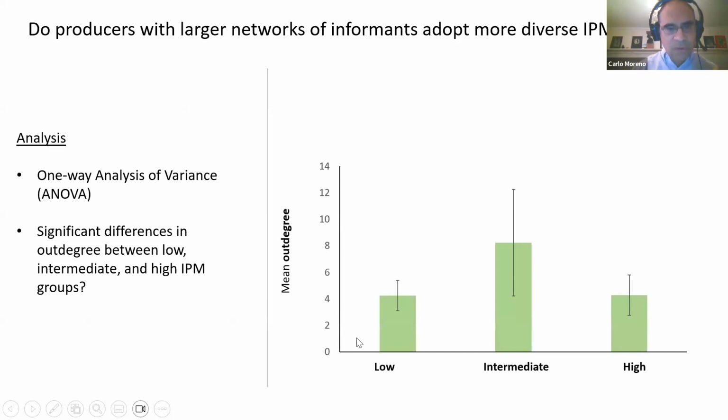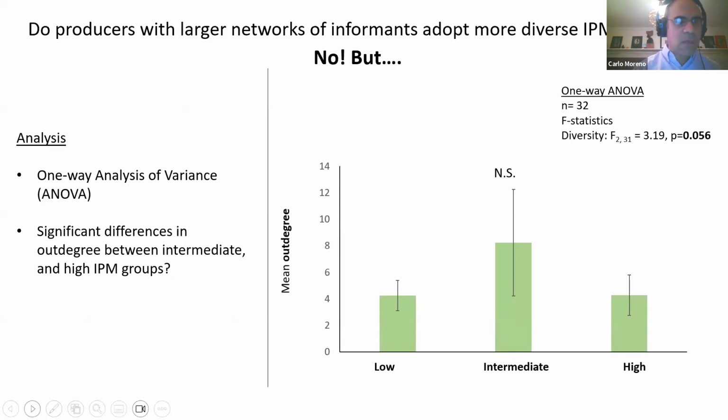Now, this is the result of that. You have mean out degree here on the left, and the 3 groups here at the bottom. We found, interestingly, the intermediate IPM group had a higher mean out degree, so they tended to have more informants in their networks. However, this difference was ultimately not significant. So to answer the question, do producers with larger networks of informants tend to adopt more diverse IPM practices? The answer is no, but